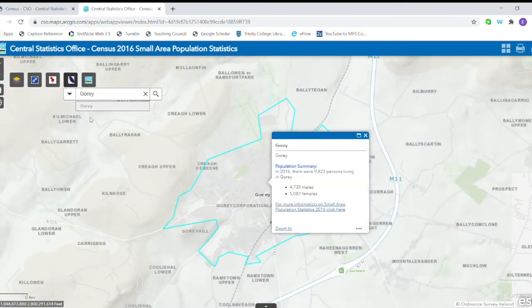and the map brings us there, and straight away we can see that the settlement area of Gorey is outlined on the map for us. We can also see a population summary for the settlement of Gorey in the 2016 census, and then it always offers this link which links you to more data on the settlement that you were looking at. When we click on that,